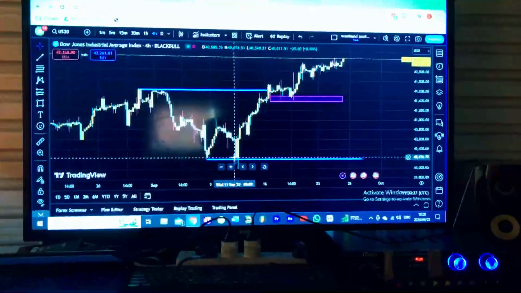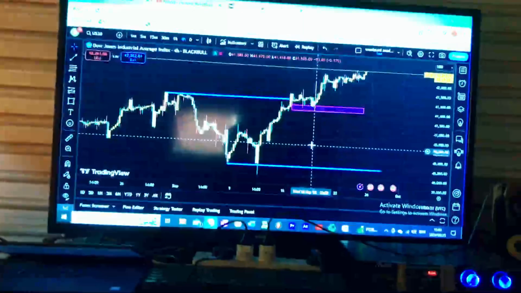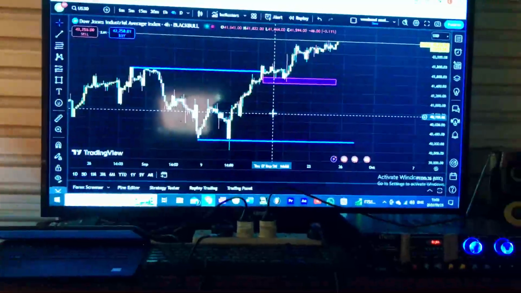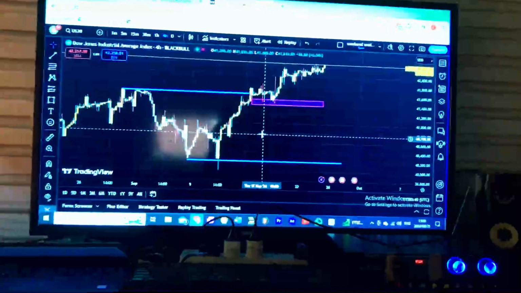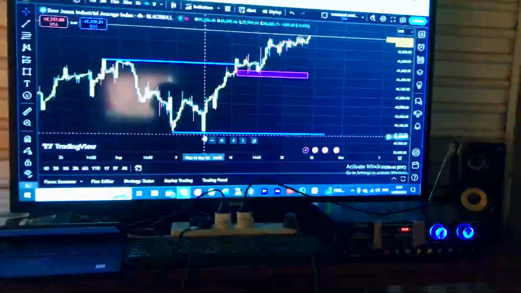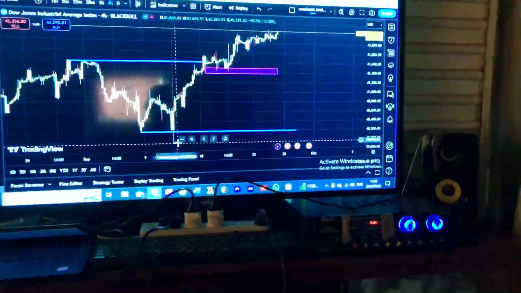And when you put your buys here, you were aiming for what? You were aiming for this area right here. So guys, some traders call this liquidity. A lot of people don't know what liquidity is, I call liquidity money. Liquidity is where all the money is, guys. So a lot of traders will be putting their buys here and their stop losses somewhere here, which is why